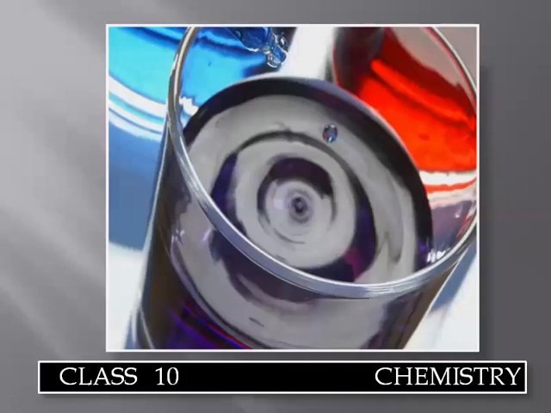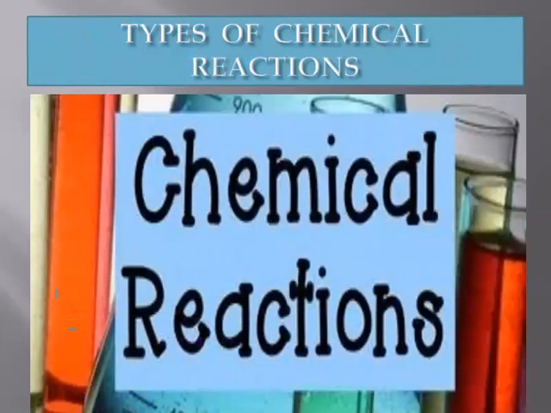Good morning, students. In the last class in chemistry, we discussed chemical reactions, characteristics of chemical reactions, symbolic representation of chemical reactions, word equation, formula equation, conversion of skeletal or unbalanced equation to balanced chemical equations. Also, we discussed ways to make chemical equations more informative along with its limitations. Today we'll study chemical reactions